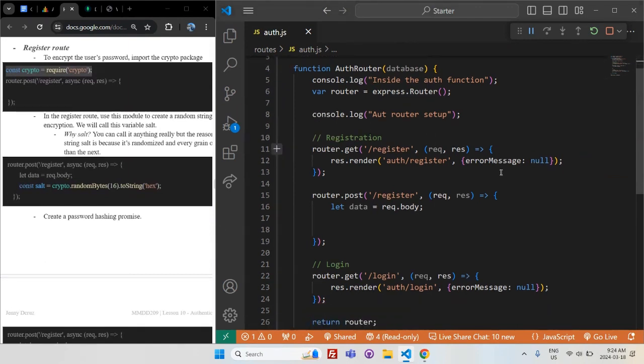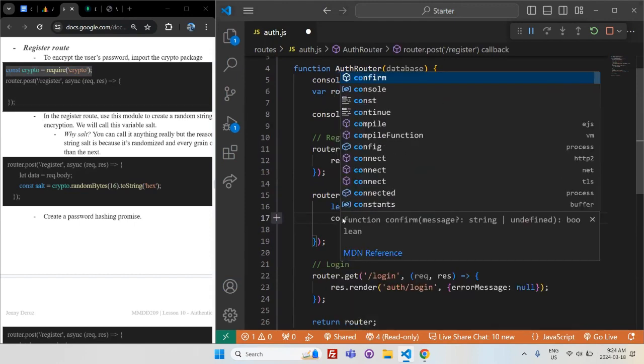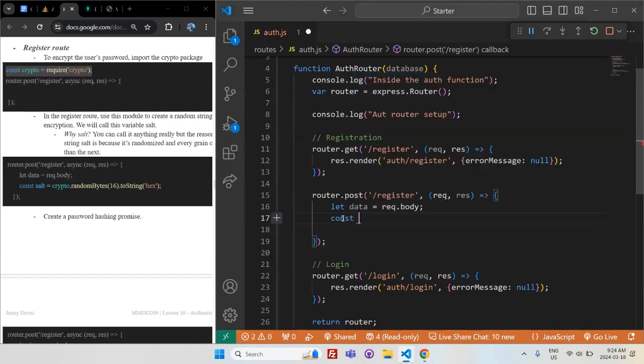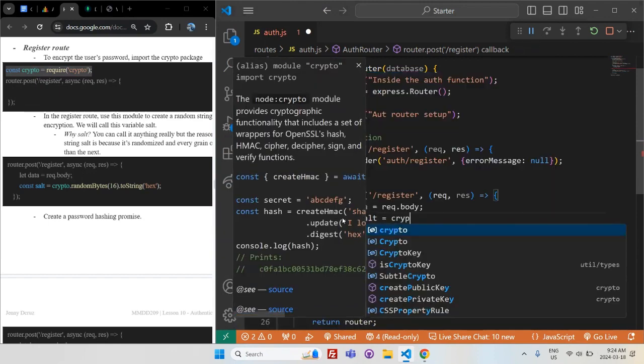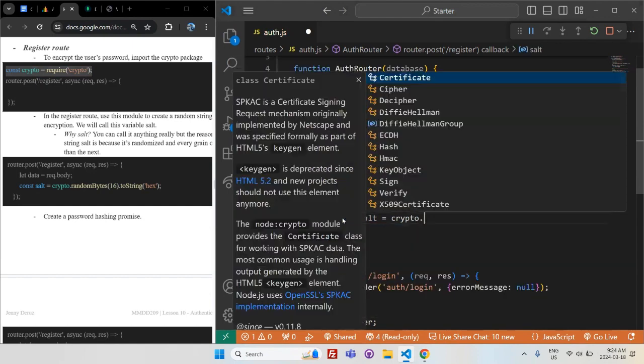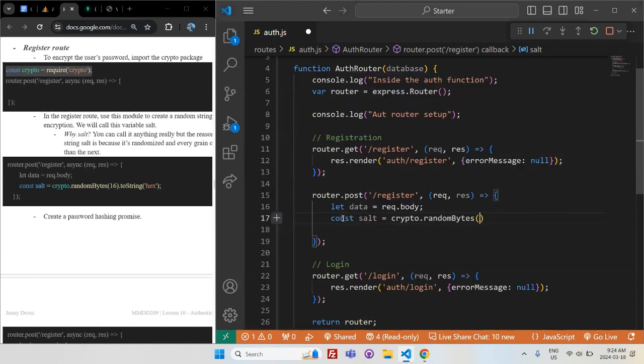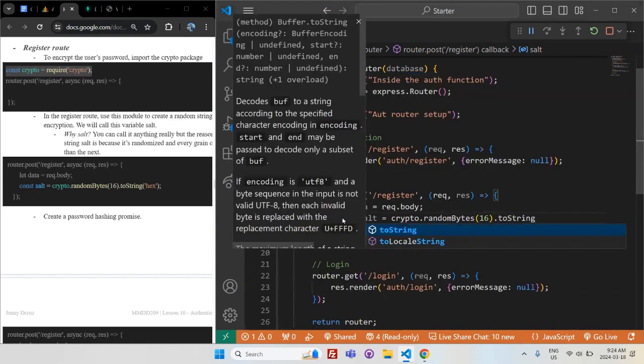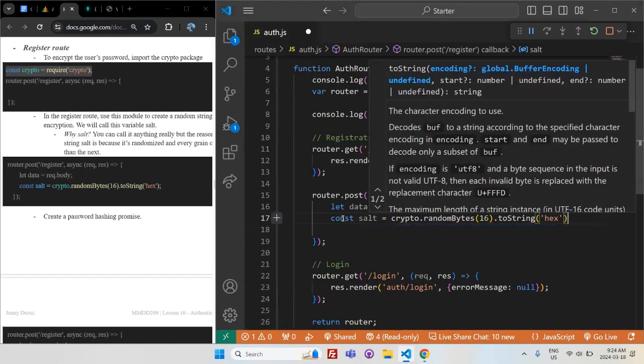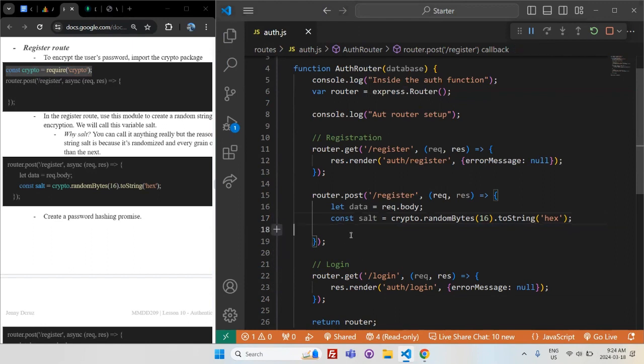Okay. Now inside our post method, we are going to create a variable called salt. So const salt equals, and I'll explain to you why salt, crypto.randomBytes(16).toString('hex'). Now, what this line means is that in general, if you want to encrypt your password using this technology or anything else, when you start developing code, to encrypt your file, you need another variable